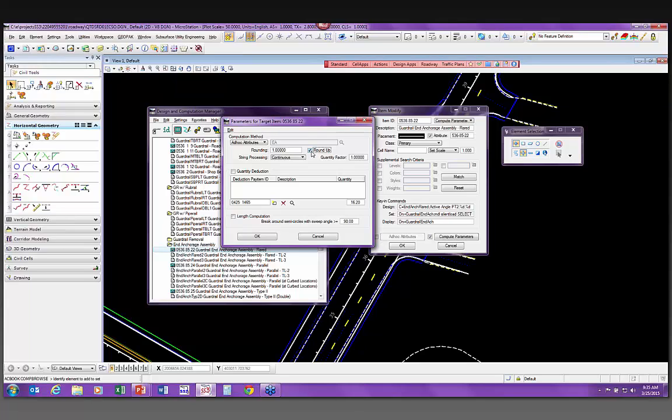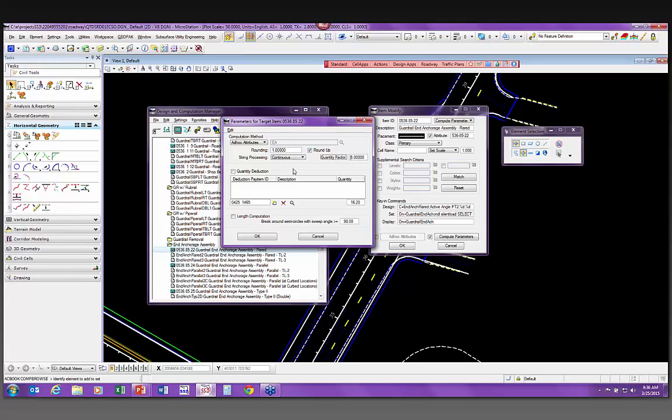of 12.0. String processing, continuous, we want it to calculate everything that we have. Quantity factors, I've used this in the past with some of our arrows. You can calculate an item. I don't use it in SS3 because SS3 works a little bit differently with the way I had to set the D&C Manager up, but